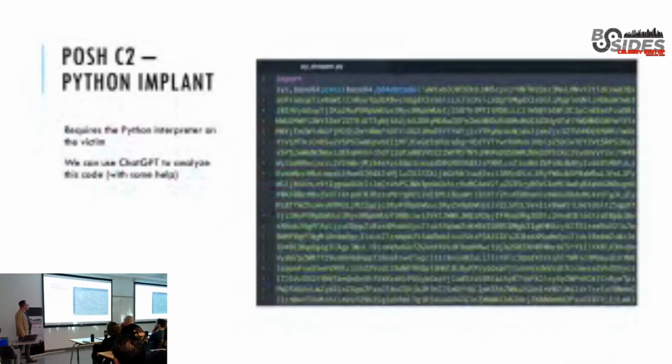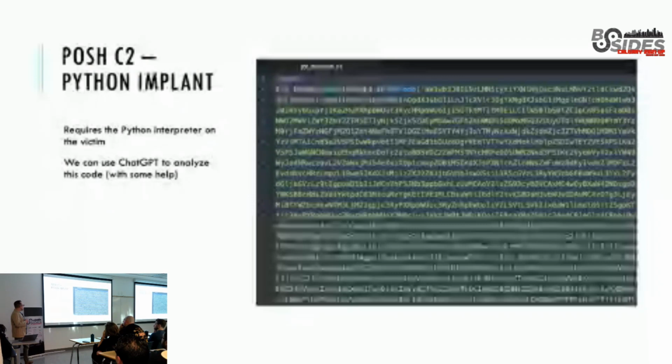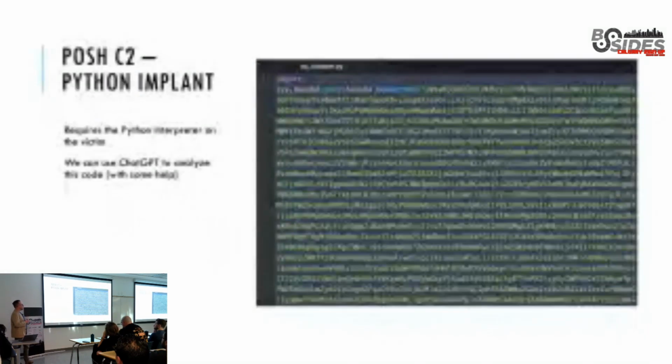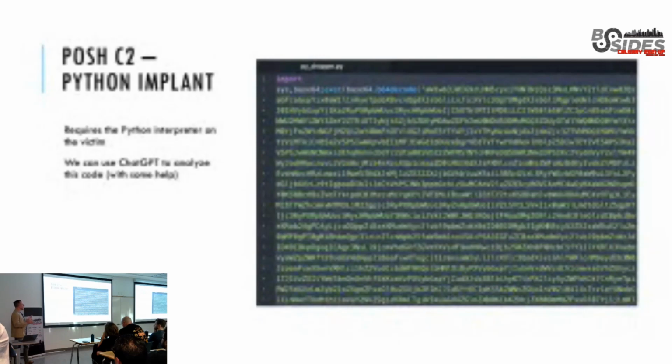So we're going to focus on the Python implant for the next few slides. The reason I did this is because it's actually quite small. So this is to get around the length limits of previous versions of ChatGPT. With the newest release, we can actually analyze significantly larger payloads. So this is the Python implant. You can see it does some basic importing of Python libraries, and then just executes this giant base64